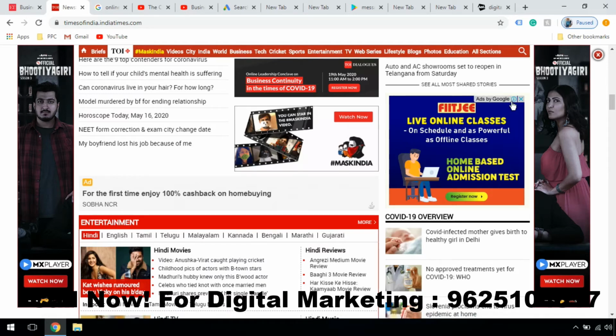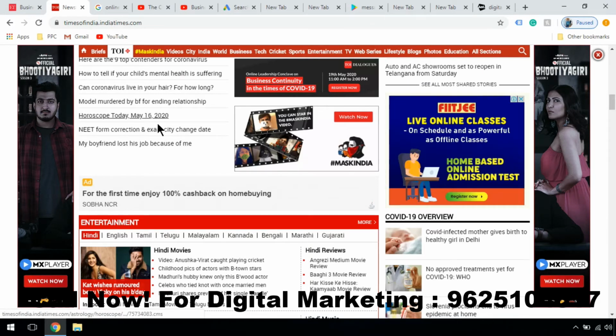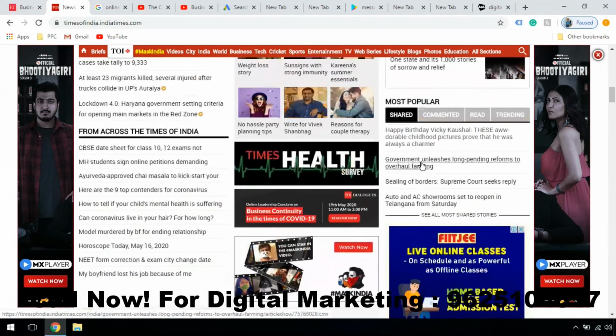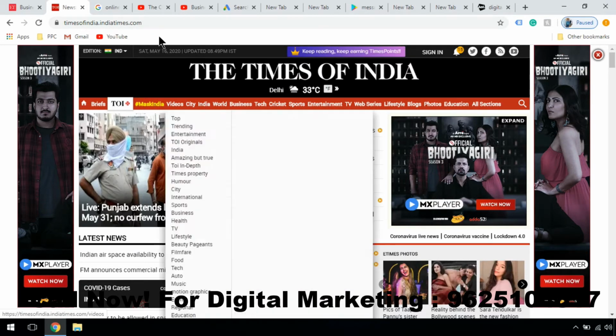If you hover on this eye icon, you can see ads by Google, and when you click on it, you can see ads by Google clearly. So these are the display ads, which come as banners and in different formats, that you see while you browse through different websites, videos, apps and other platforms.